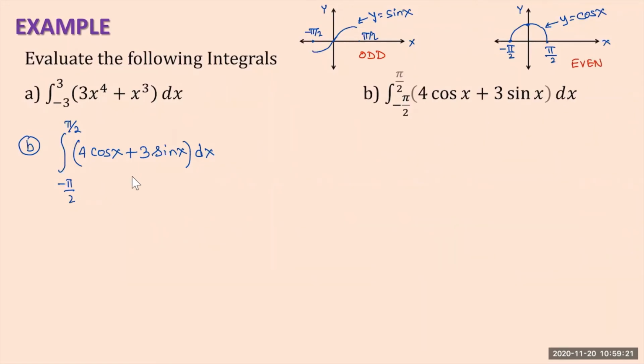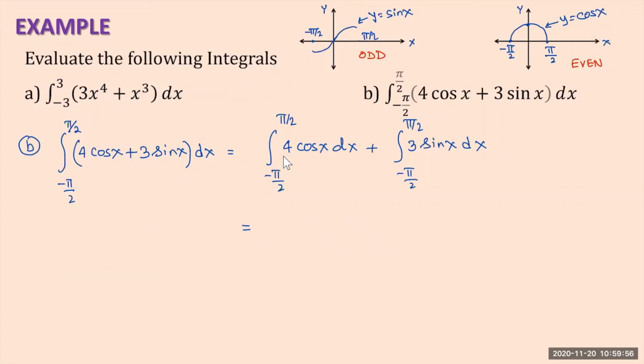First, we are going to use the distributive property. That means we are going to write the integral of the first plus the integral of the second. So this is equal to the integration from -pi/2 up to pi/2 of 4 cosine x with respect to x plus the integration from -pi/2 up to pi/2 of 3 sine x dx, which is equal to,